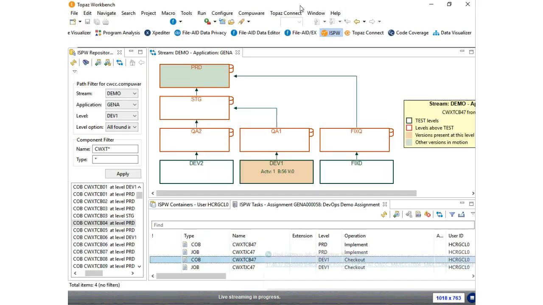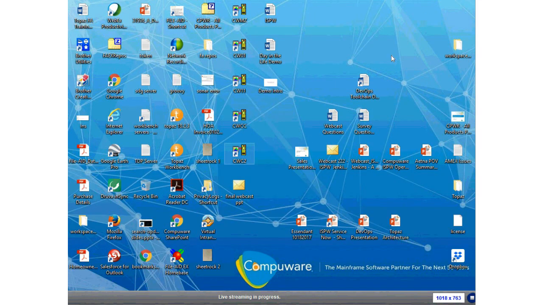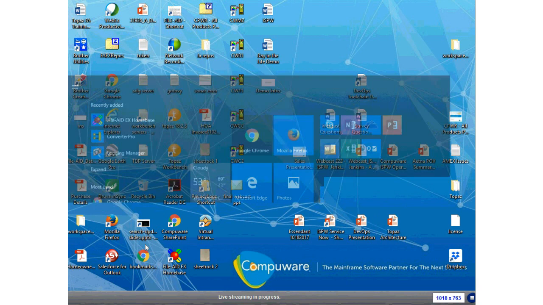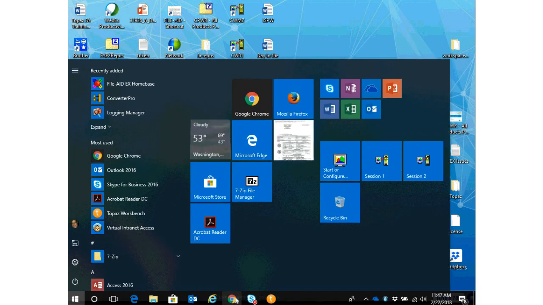And then we can come back into ISPW and we can see as this code progresses up through the environments as well. And going back, if I go back to my pipeline,